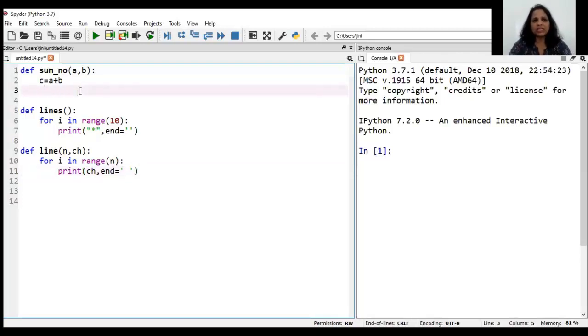Let me make a slight change to the sum function and let it return an answer. Remember the addition of A and B was stored in a variable called C. So obviously when I'm returning the answer, what will I write? Return C. So now in these three examples, I have shown you two functions that do not return an answer, one function that does not take any parameters, and two functions which take two parameters.